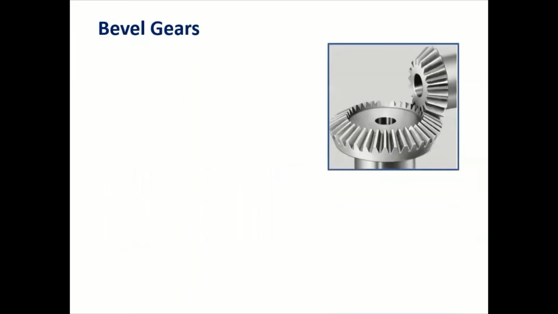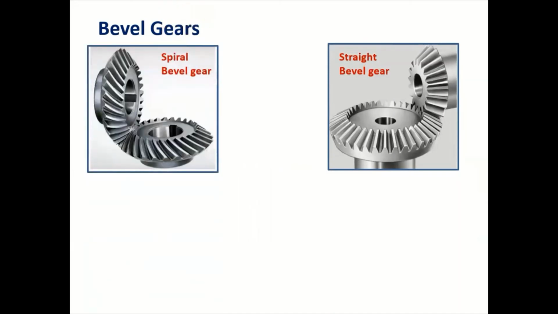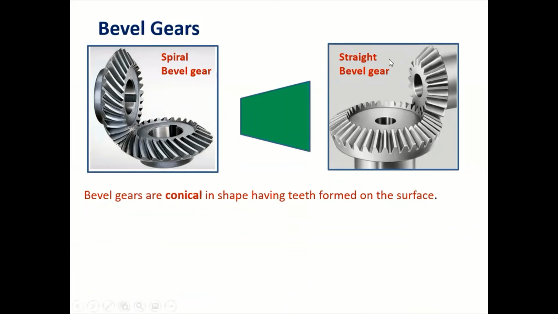Bevel gear. There is the straight bevel gear, and the other one is the spiral bevel gear. Straight bevel gear means you can see on the periphery there are straight teeth. Here the profile is a spiral one, and that's why it is called a spiral bevel gear. Bevel gears are conical in shape, having teeth formed on the surface. You can see this is just like a conical surface. Here also you can observe this is a conical surface, and over that periphery we are generating the teeth,